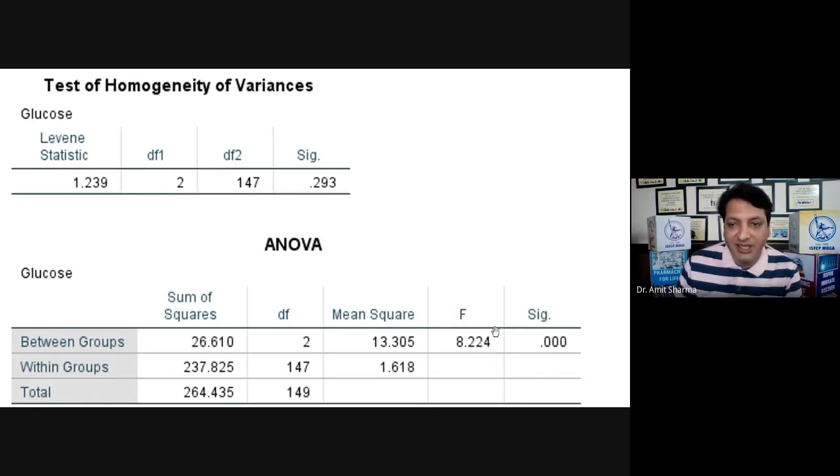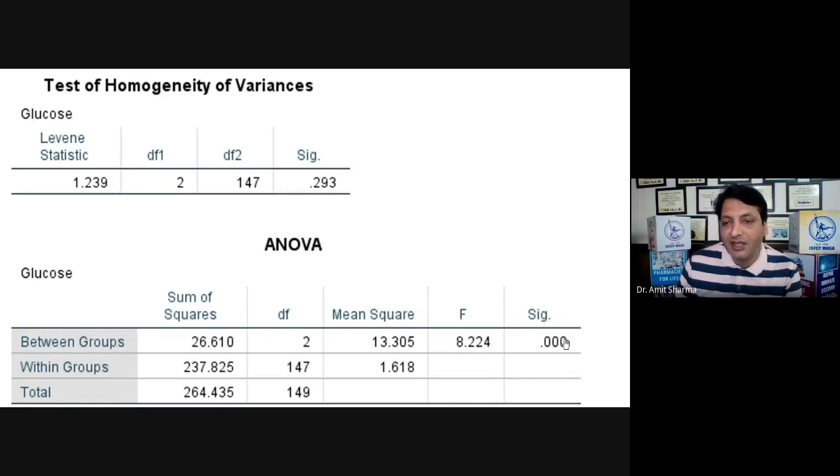And see, this is the F value which is calculated by the software. And if you want, you can compare by taking these 2 and 147 as the numerator and denominator degrees of freedom, and you can see in the F distribution table what the value is, and compare your F value with the value you take from the table.